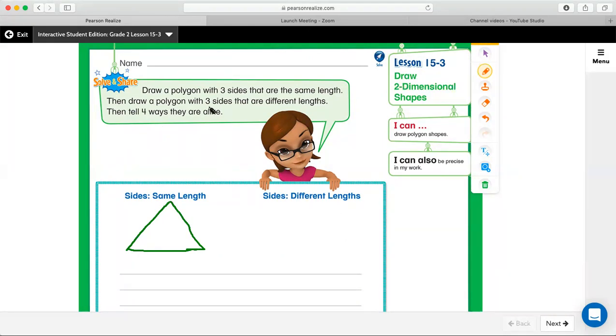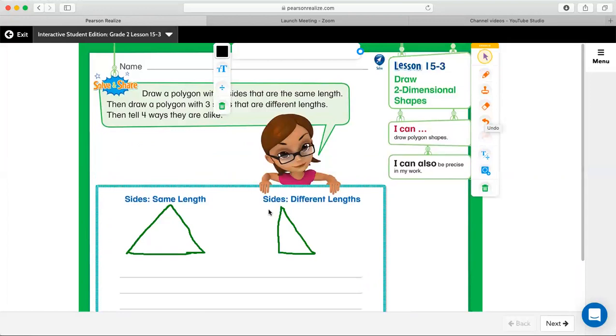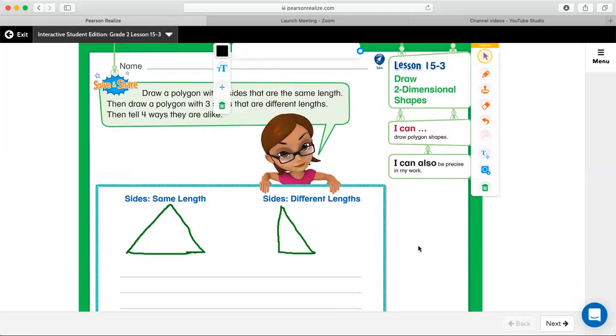And then draw a polygon with three sides that are different lengths. So still a triangle because it's a three-sided polygon. Okay, but this triangle has three different lengths to it. And so now we're going to tell how they are alike, four different ways that they are alike. So one would be